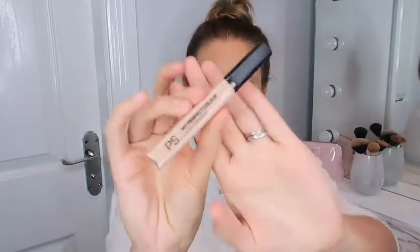Okay, so that's all nicely blended in. So let's go in with a bit of concealer now. Now this is a real cheapie but a goodie, and it's in the shade Cool Sand, and it's my perfect colour concealer, and it's from Primark. Now this was like, I want to say like £1 or £2, something ridiculous. Really, really affordable. So I'm just going to go under the eyes,